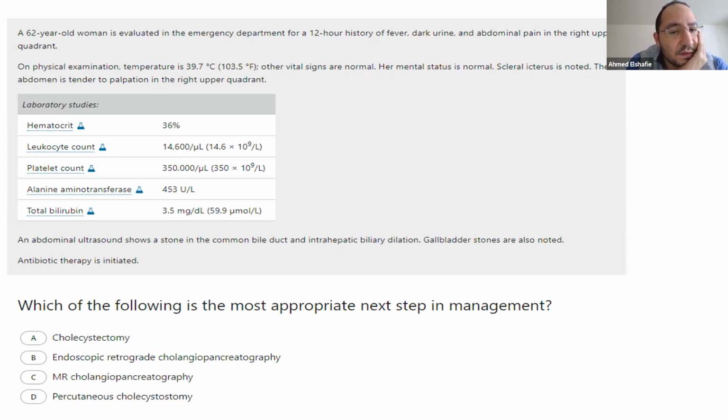Platelet is 350,000. ALT is elevated, 453. Bilirubin is elevated, 3.5. An abdominal ultrasound shows a stone in the common bile duct with intrahepatic biliary dilation. Gallstones are also noted. Antibiotic therapy is initiated. Which of the following is the most appropriate next step in management? Cholecystectomy, endoscopic retrograde pancreatography,